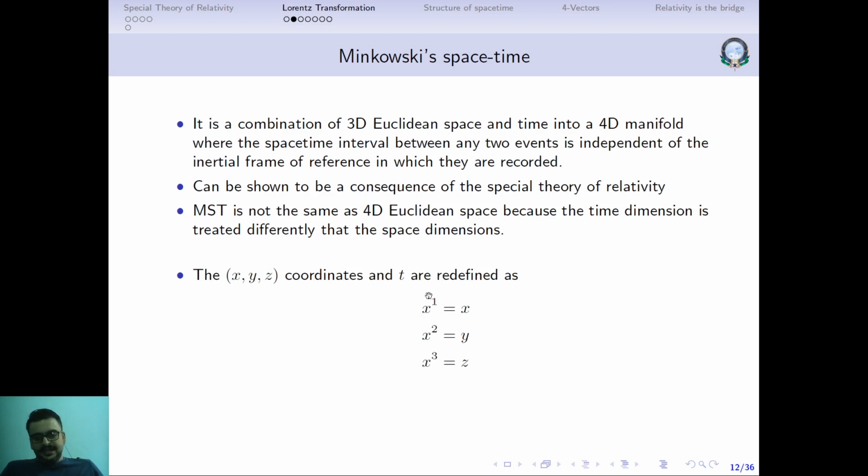And of course there is a last coordinate, related to the time coordinate, that is x4. x4 is simply i into the speed of light into t. So this is how you redefine the coordinates. Now why do we use the superscript? Because here it's not going to make much of a difference. You can use subscripts also, but